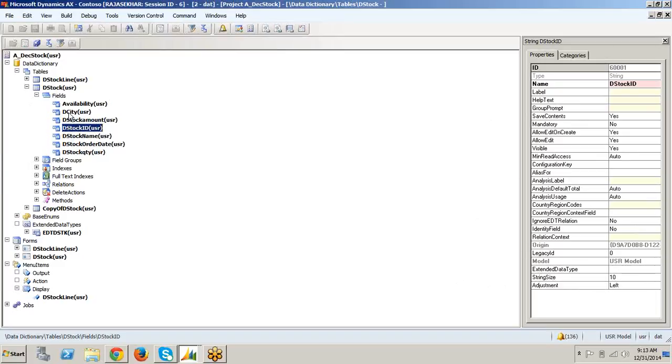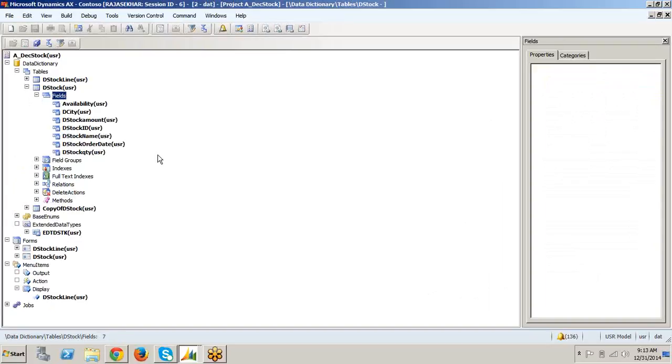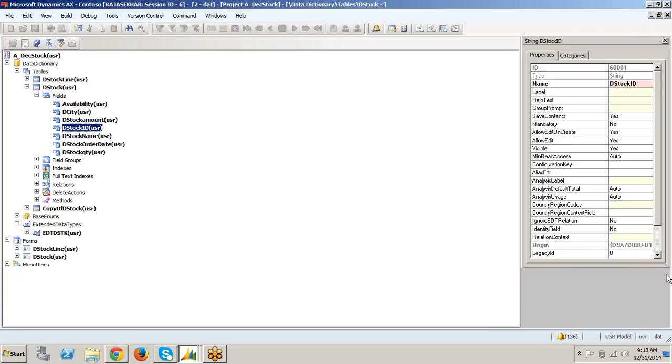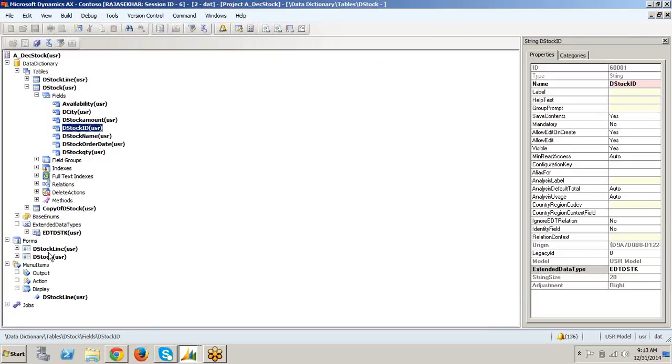So what we will do is, for those tables in which the stock ID is available, you select the stock ID and set the extended data type. You have the extended data type property here. We just select EDT DSTK. See here, once you select this, you got the string size as 20 automatically. Initially it was 10, and the adjustment became right. I'm saving this. Now if I open the form,